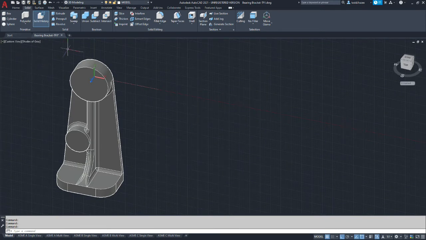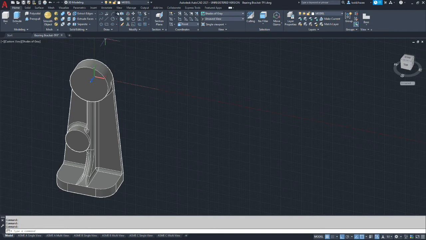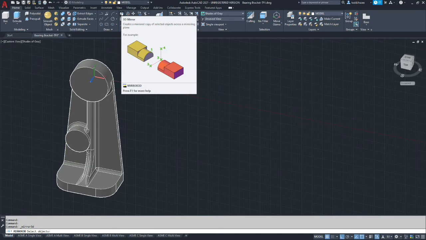Okay, so the command is actually pretty straightforward. You've probably used it before, but you can use it for solids, and we're going to do a 3D mirror. Okay. Actually, I'll hover over that so you can see the instructions. Okay, so we're going to create a mirrored copy of what we have, the objects, by defining a plane. And in their example, there's, I don't know, maybe 50 millimeters between the plane and the part. And so it places the mirrored body spaced away from each other. In this case, we want them contacting each other so we can join the two solids together.